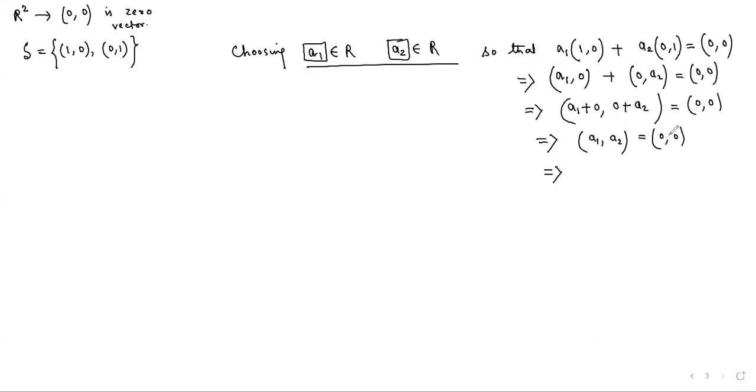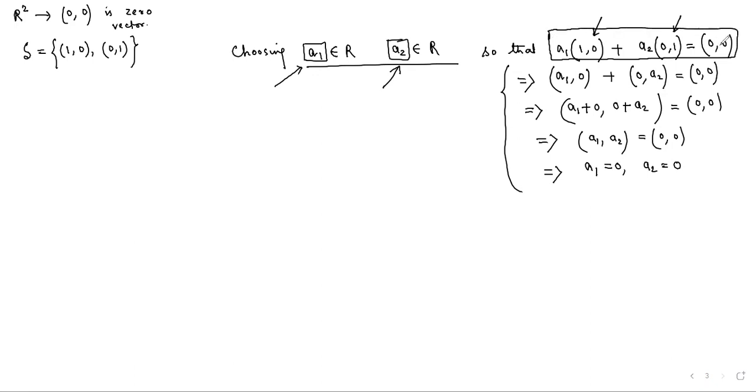And two pairs are equal. That means their individual elements are equal. So we get a1 equal to 0 and a2 equal to 0. So what we see, we started with these two scalars, and we considered the vectors as well. We multiplied the vectors by the individual scalars, added them together and equated to 0. And after solving, if we find that this can only happen if the individual scalars are 0,